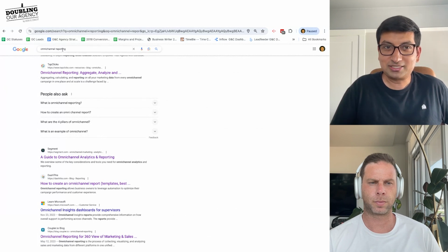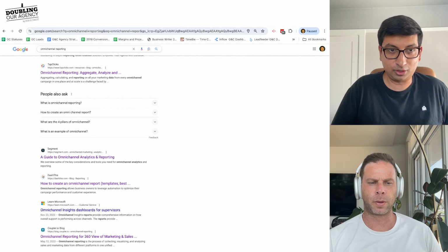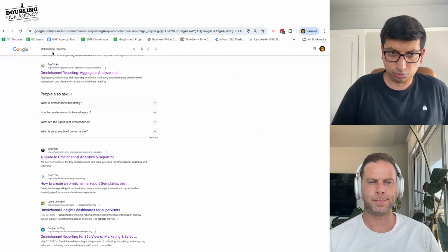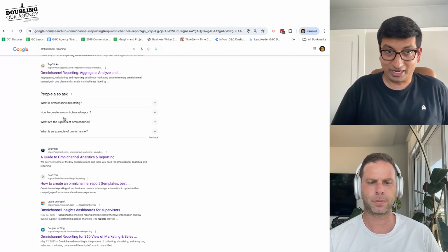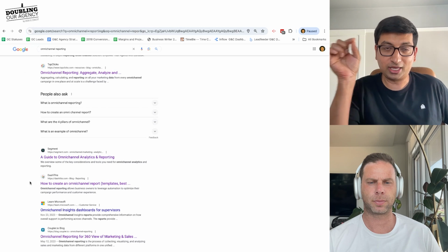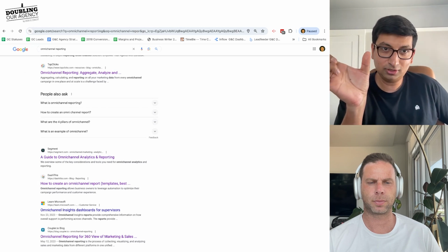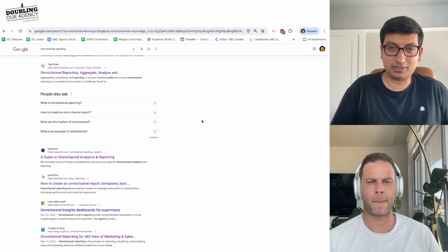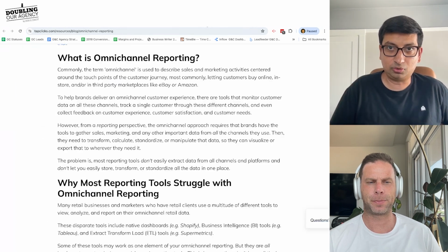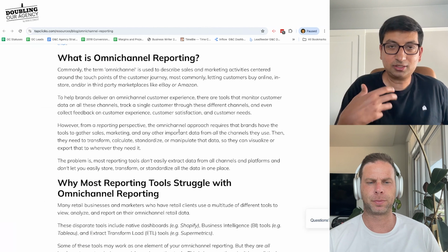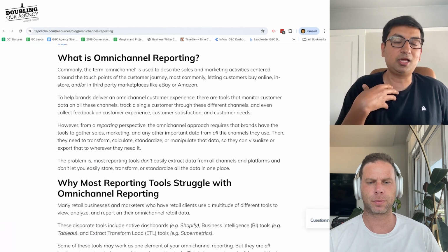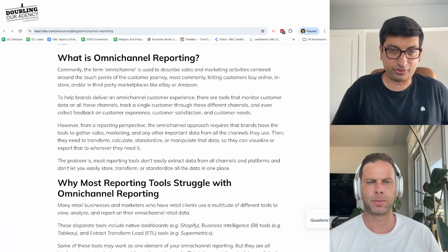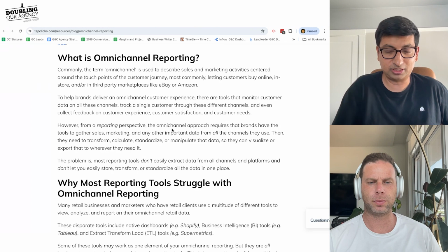It also makes sense because they literally Googled omnichannel reporting, and anyone who does SEO knows that in these kinds of keywords, Google almost always ranks pieces that do the "what is" and then the thing you Googled. So it's kind of a necessary evil in writing this SEO content. But watch how the TapClicks article writes it in a way that doesn't come across as just inanely obvious, beginner level. Okay? And I'm going to start reading some of this because the details matter.